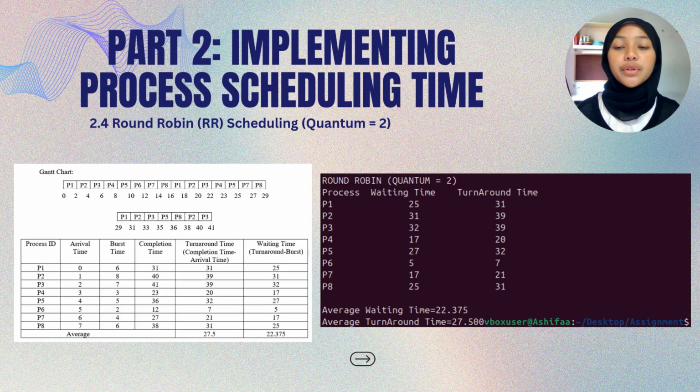This slide also uses the round-robin algorithm, but with a smaller time quantum of 2. From the Gantt chart, we can see more frequent context switching compared to quantum 4. This makes the system more responsive, especially for short processes. However, it also increases overhead due to frequent switching. From the output, we can compare the waiting time and turnaround time with quantum 4 to see the impact of